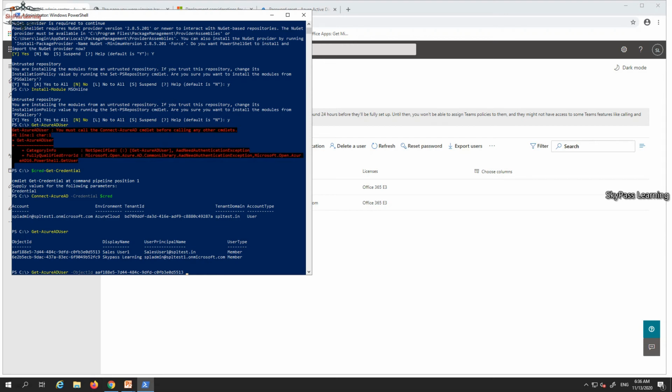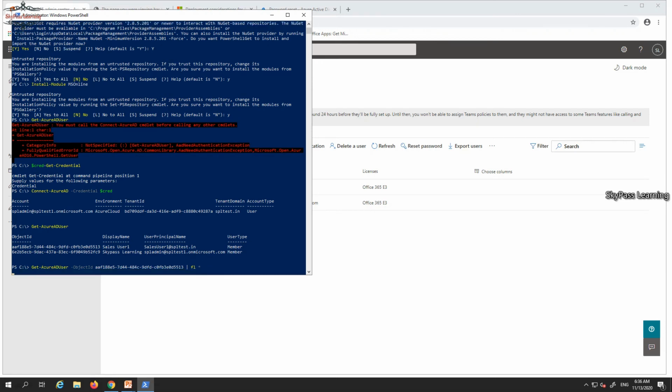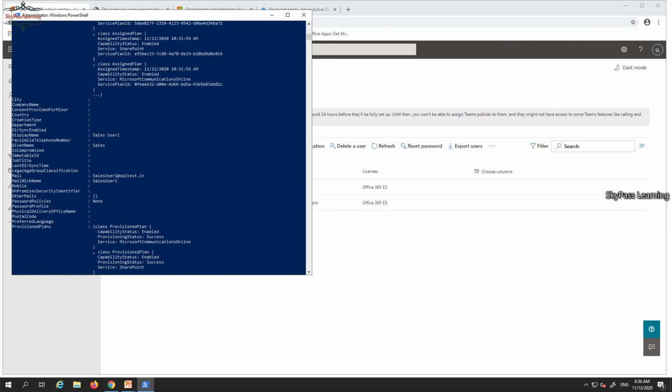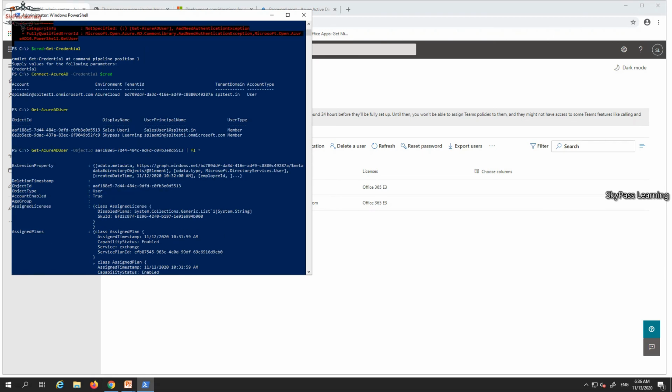Okay, and then I'm just adding it. If I put fl *, okay, let me see what exactly we are getting here. Okay, so what you can see, this is the user account detail for a specific account.